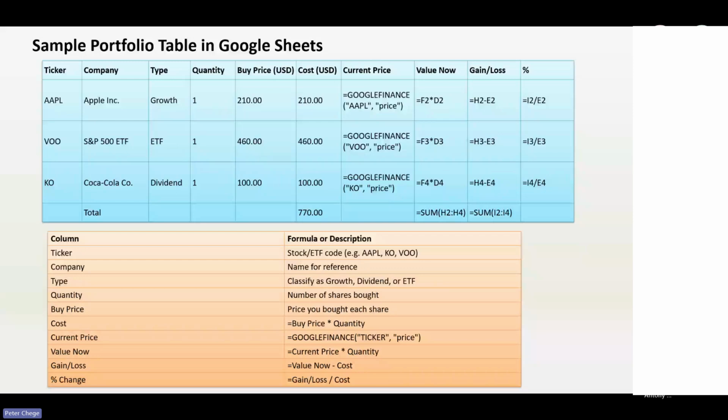The value is quantity times buying price. Then the gains will be your current value minus cost. So ideally, what you are creating here is your portfolio valuation. We can quickly do that